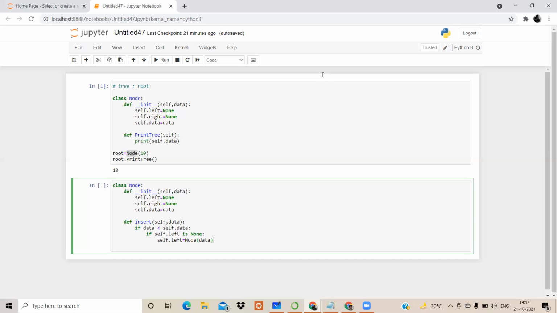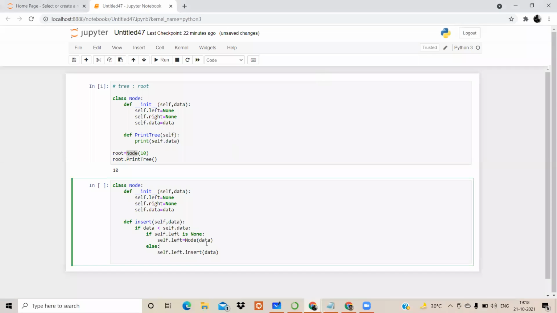Prachi, I guess your screen is stuck. Just a second. Yeah, now it's fine. That was my mistake. So if self.left is None, it will create a node on the left side and the new element will be added over there. If there already exists an element, then it is simply going to add that as a new value.